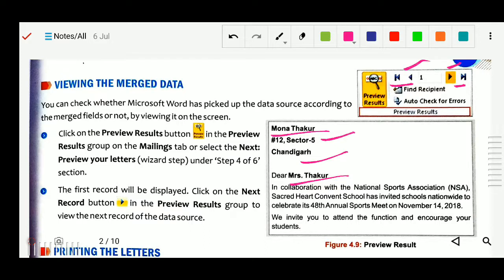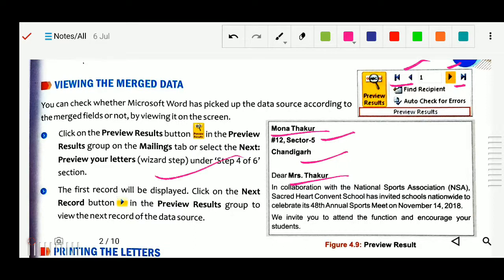So you can move through the records. Suppose you have entered 100 addresses, you can see them one by one, how many people there are and their addresses. You can do that by this preview button.